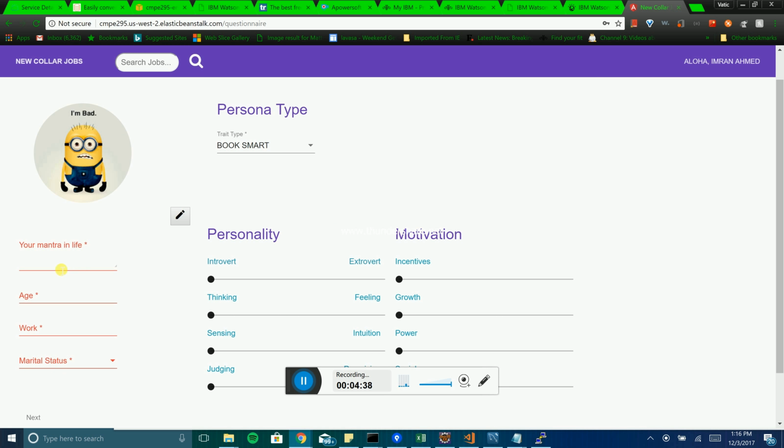Here comes his photo. So the other thing is your mantra in life. He can give a one-liner or two-liner mantra that represents him. So this is knowing the person very well. Let's say he says, okay, keep calm and rock on. His age, then the current work that he's doing,